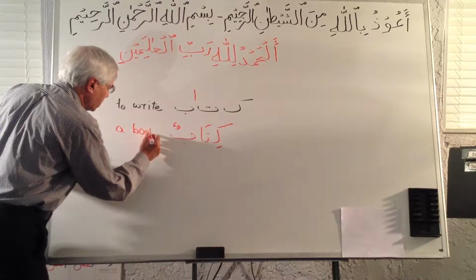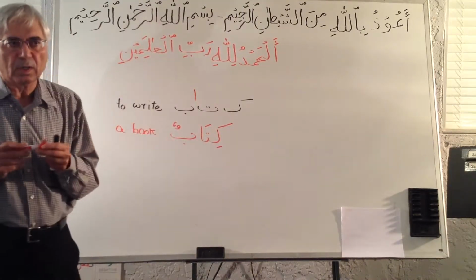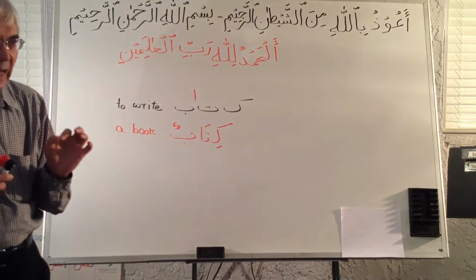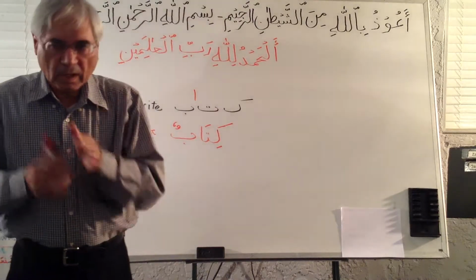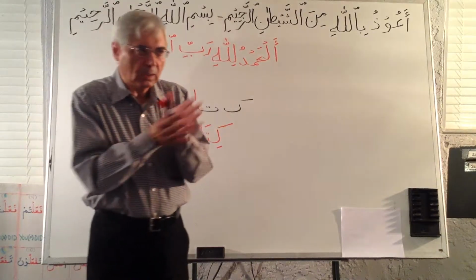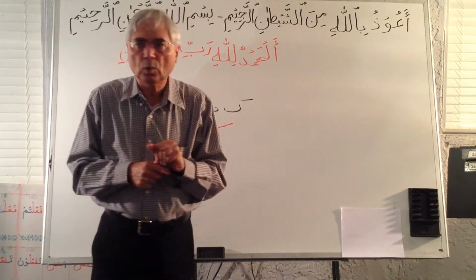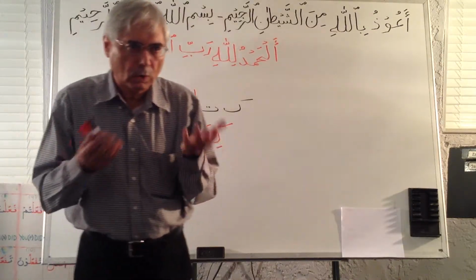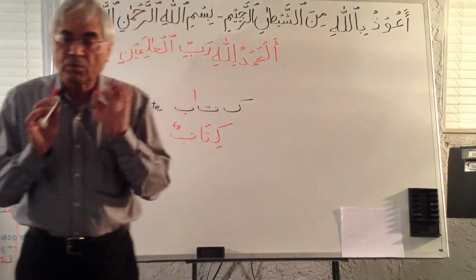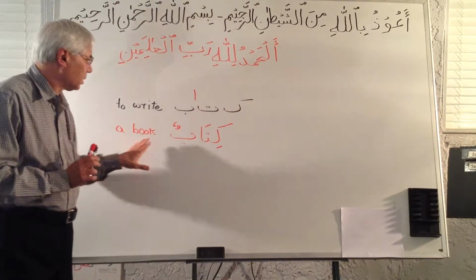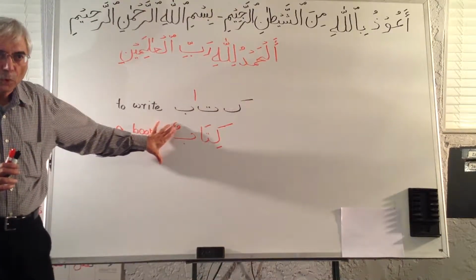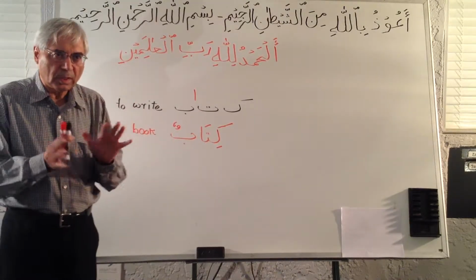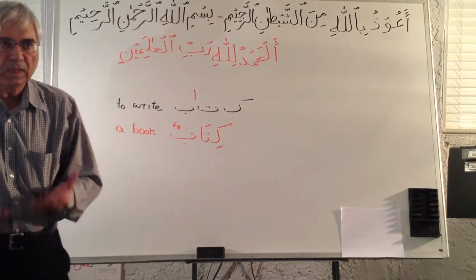We know these words. I'm using this simple word that we already know. So the full correct word is kitabun. If you stop pronouncing, there's no word after that, you will say kitab. That we say all the time. The book is kitab. But the full correct Arabic word is kitabun. Okay. This is a noun, an object, a book, kitabun.